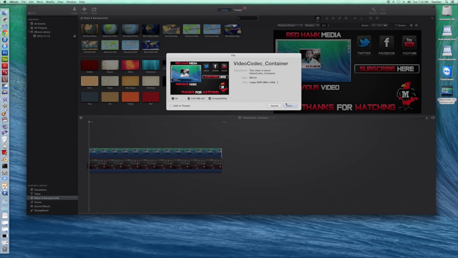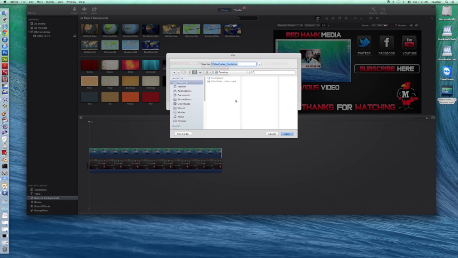I pick my settings. I'm going to pick a smaller file size here. You're going to pick actually the 720 size so that it's a decent size for you. And then you have to stay consistent on that every time you export it. Okay, so I'm going to just export this at 480p, and then I'd click Next, and then of course I choose my location of where I want to save this to. That's the process. That's everything for doing